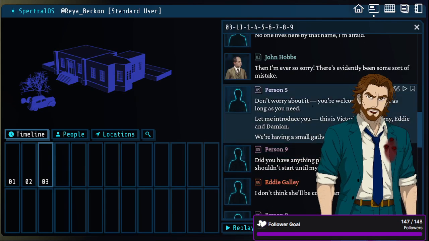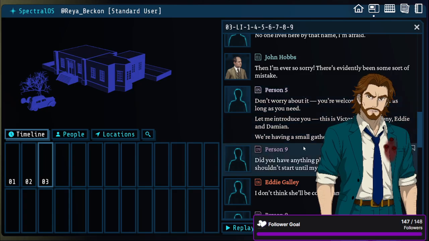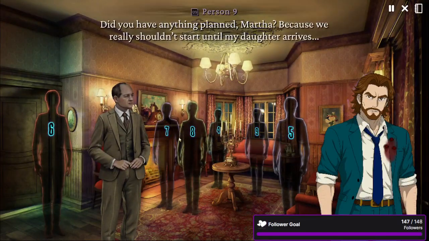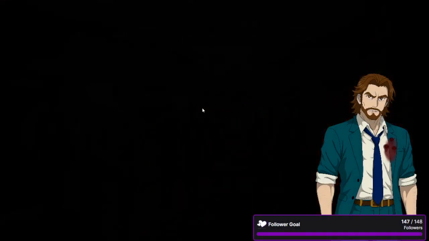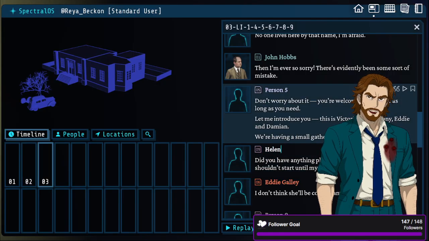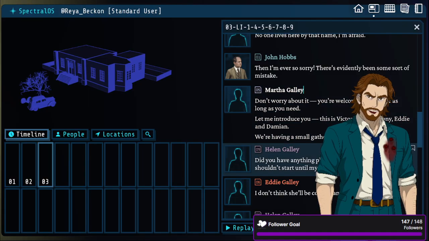And then what we can figure out, I think... Did you have anything planned, Martha? Because we really shouldn't start until my daughter arrives. Okay. So, I think this one would probably be Helen Galley, right? Because that was the other female one, which would leave this one to be Martha, because she's directly talking to her, responding to her, saying Martha.